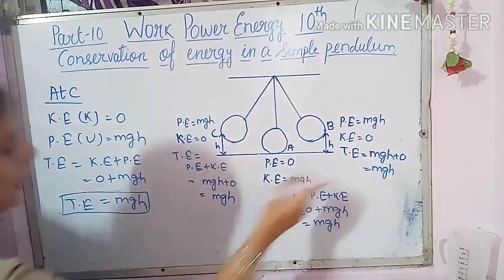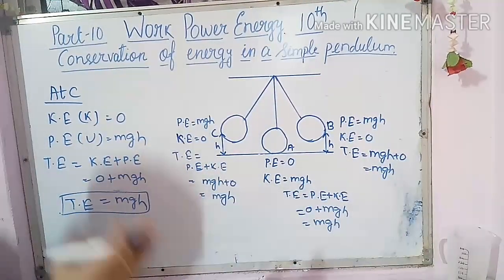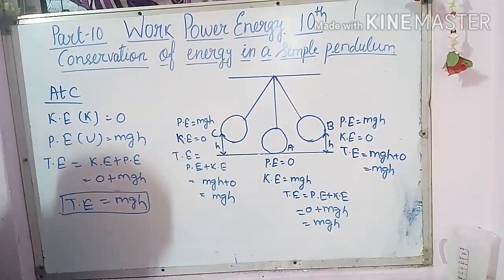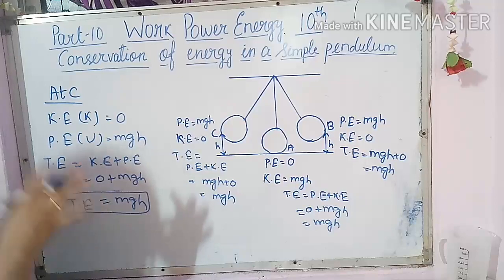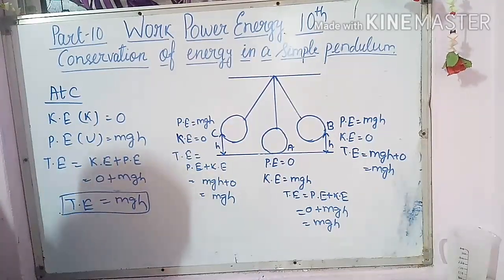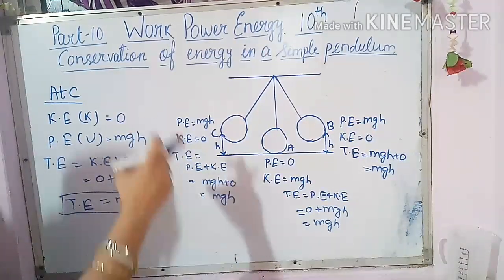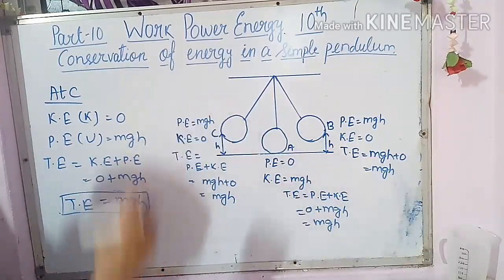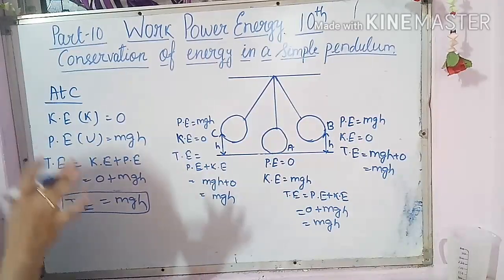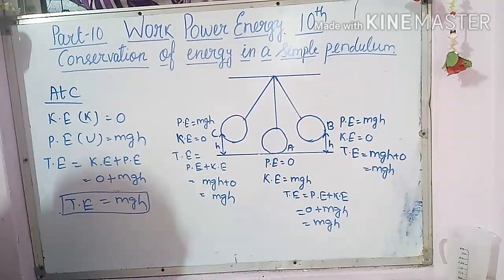In all the 3 cases, you can see that you got the mechanical energy, that is mgh, mgh, mgh. Just recall what I have taught you in the previous classes, in case of the freely falling body also, you got the same energy, that is mgh. That means it satisfies the law of conservation of energy, that energy is neither created nor destroyed, only it transforms from one form to another. Here kinetic to potential energy, again kinetic energy to potential energy. So in this universe also the same thing happens, and that is known as the law of conservation of energy.